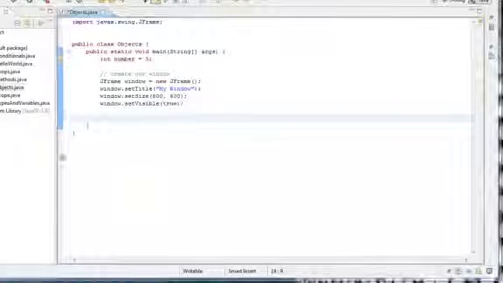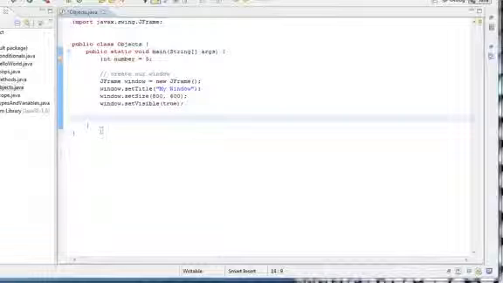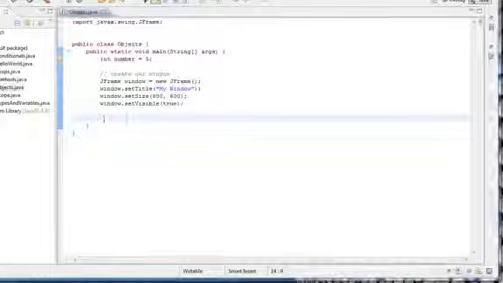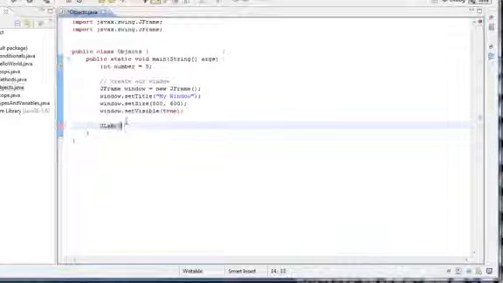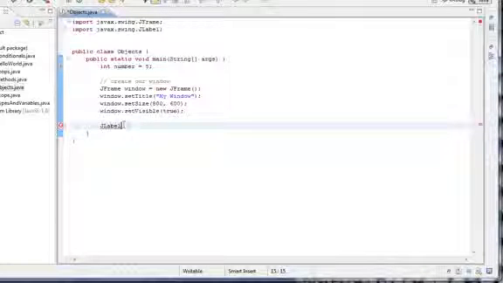To do that, we're going to create another object of a different type called JLabel. So we type JLabel, or part of it, and press Control Spacebar. You'll see that it imports the JLabel so we can use it. And we'll call it label, and we'll set it equal to a new